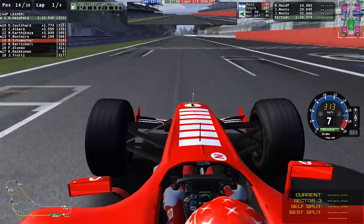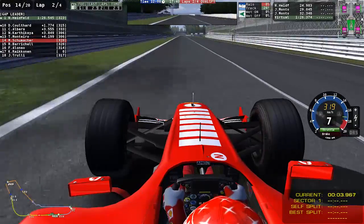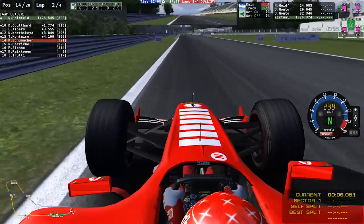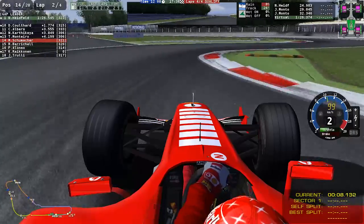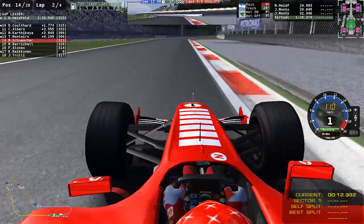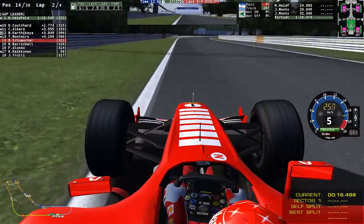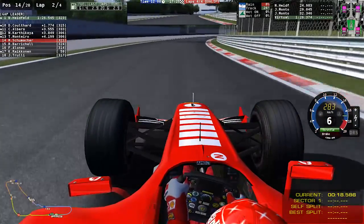We're going to see what Michael can do around Monza, see if we can try and put a smile on the Tifosi's face as we go, making our way into turns 1 and 2 here, braking nice and late down to second gear, maybe even first if we need to, and then get it all over the curbs. You want to use as much curb as possible and try and get a clean exit on the exit of the chicane there as we now make our way through turn 3, Curva Grande, one of the hardest corners on the track